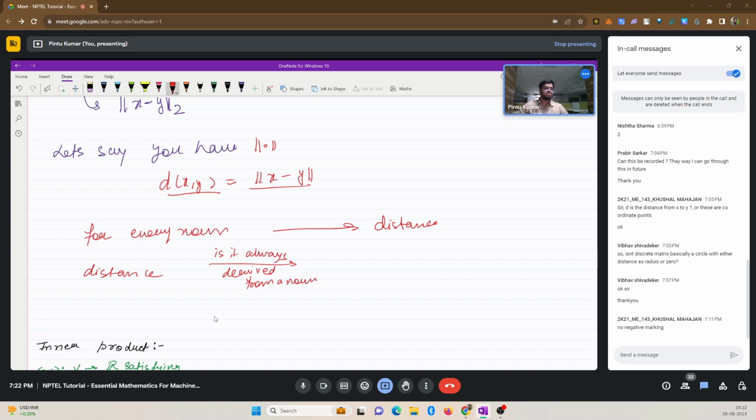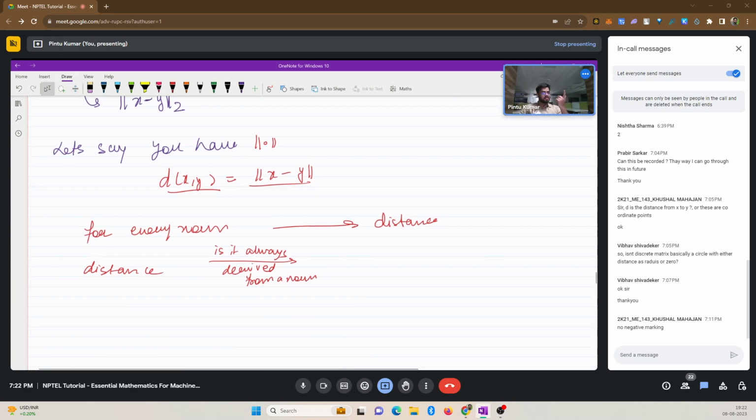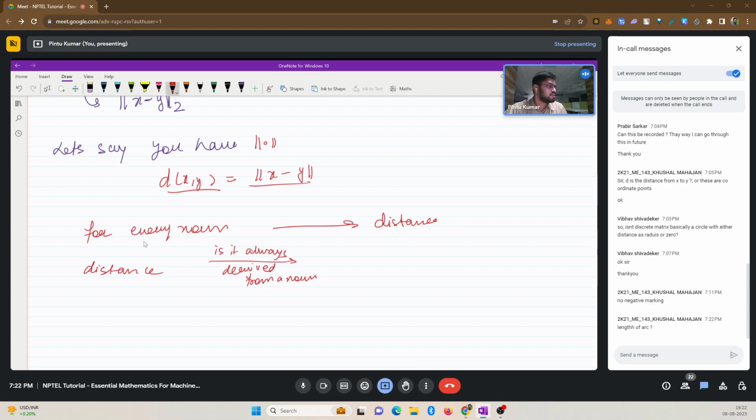So the answer to this question is actually no. There are distances which need not necessarily be derived from a norm. So we need to produce at least one distance that can't be derived from any norm. So the example for that is